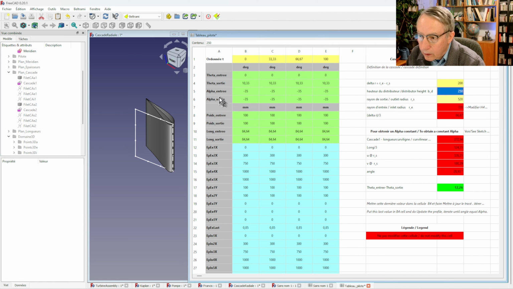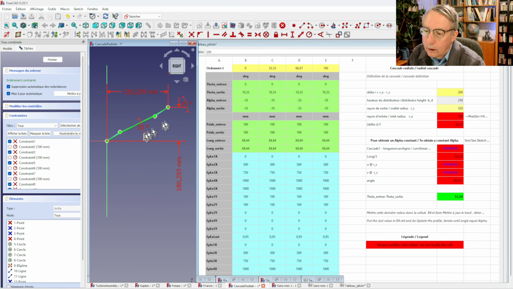If we look at the alpha variables, we see that we wish to have the same angle at inlet and at outlet. Moreover, it will be desirable to have a constant angle value between inlet and outlet. Let's see what we have presently. So we go in virtual plane Plan Cascade and we open the sketch.